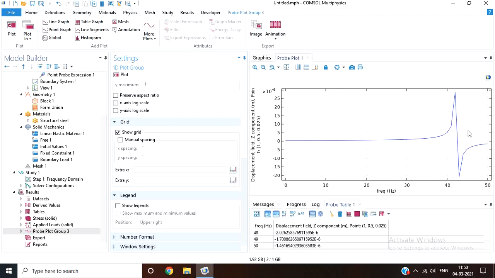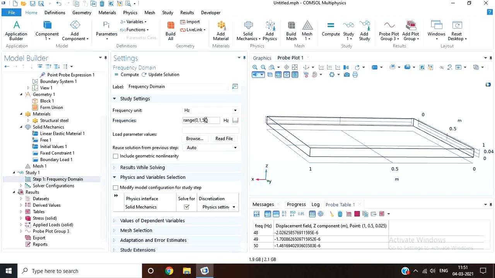Now you can even go further. This is the first time resonance is occurring. If you go further, you'll get the resonance for a second or third time. So let's increase the range. So instead of 50, let's go up to 100 and compute.